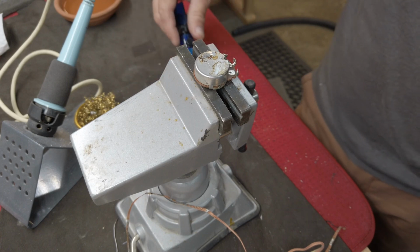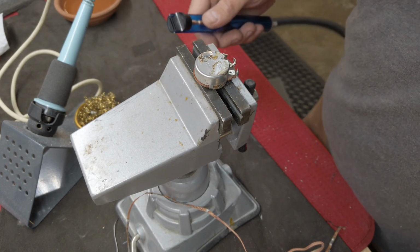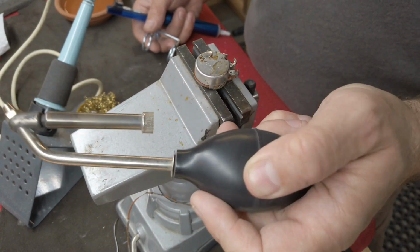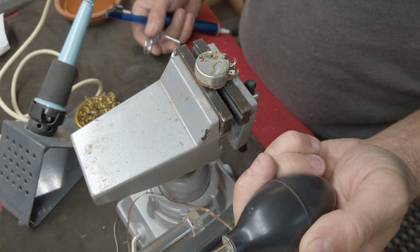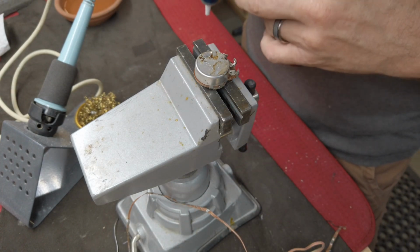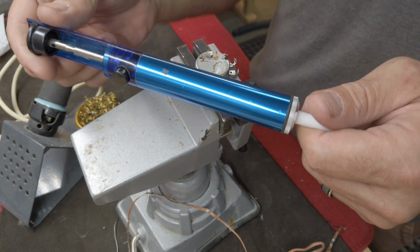There's a couple ways that I do it. I typically use the desoldering attachment for my station. It's just a bulb that I can use to suck the solder up once I get it up to temperature, and then take it over and blow it out somewhere else. But most people don't have a desoldering station or desoldering attachments for their soldering guns, so